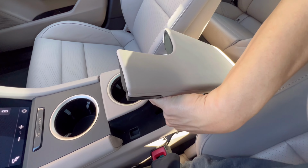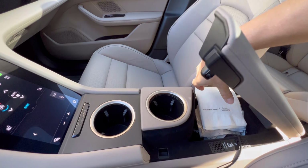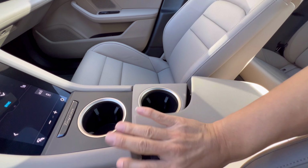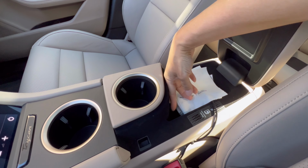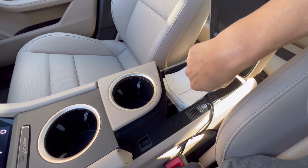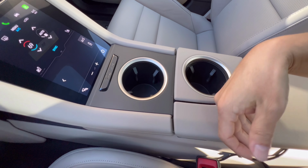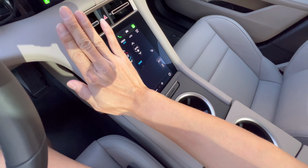The thing about the Porsche center console is it doesn't stay open. Look, it doesn't lock. I think a lot of the owners can agree, but when this is closed and you open it, you literally have to open it with your elbow to get something, and it's very awkward. Very hard to take it out. And when you're done, you know you're going to forget to take your phone out, and it's just going to sit in the hot car. So I had to put it either here,